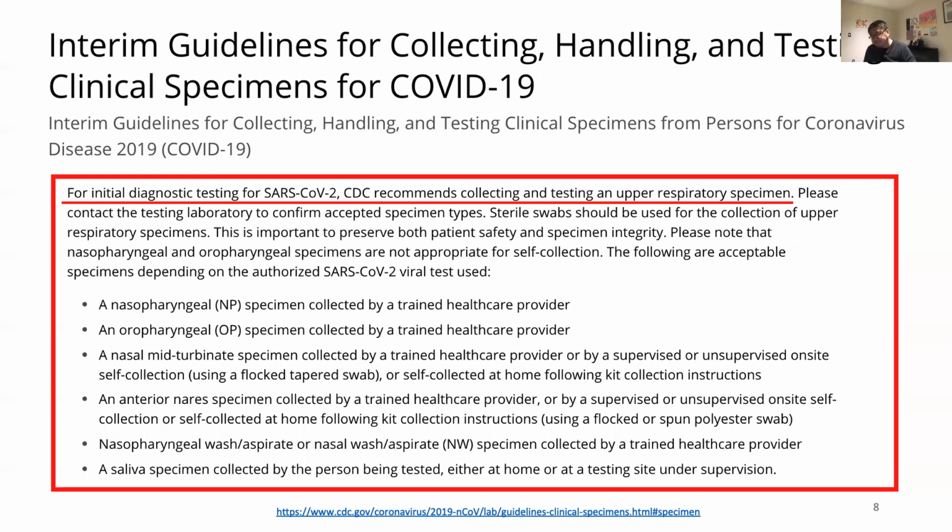So this creates another area where we are thinking about whether we can leverage AI technologies to help us improve diagnostics of COVID-19 by providing better support for this